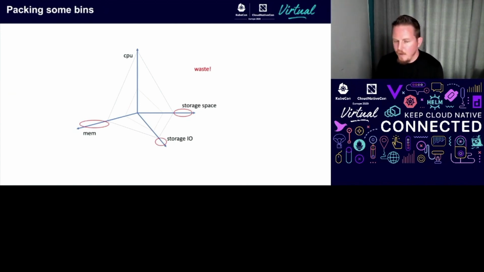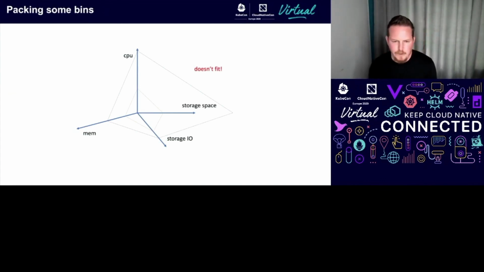One way you can help avoid trapped capacity is by having fewer dimensions that are constraints. And so this is where distributed storage gets interesting, because you can abstract away storage. And because it's being remotely accessed, the pods have the ability to be scheduled in more places, and there are fewer constraints on scheduling them, such that it's easier to fill your bins maximally, and in turn maximize the utility of that significant capital investment.